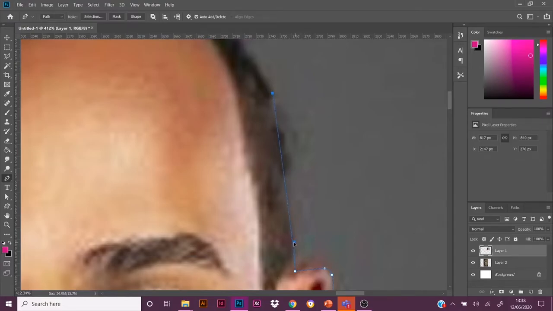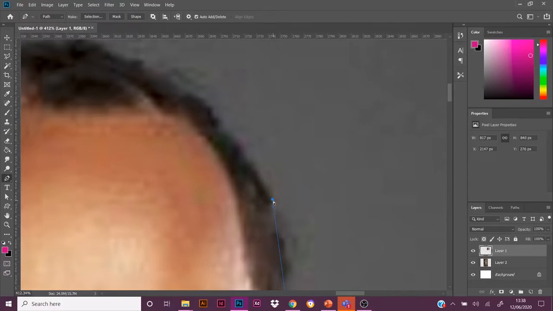So just tidying up these handles. Remember to tidy them up, you're going to need to use things such as the control key and the alt key. These do different things, but we all know this already, so let's